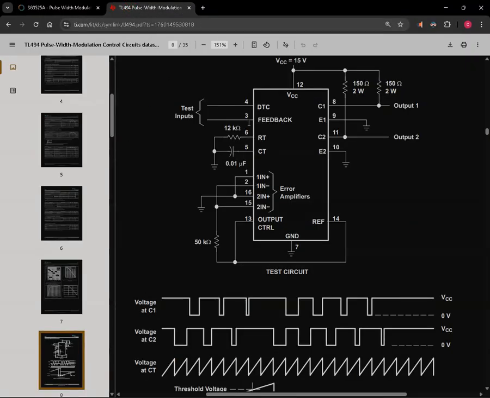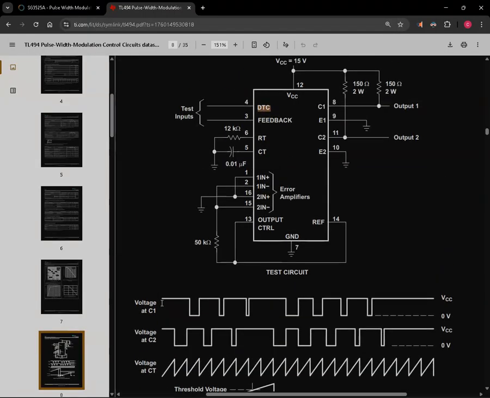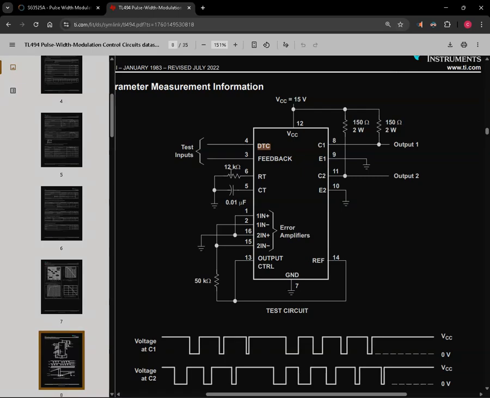You look at the TL here, that was the SG, right? They have the timing resistor and capacitor here, dead time control. So look, we have a dead time control at the TL, right? So the dead time control here, where we had the dead time control, like the DT, right? DTC, dead time control. So they're showing you here, they're doing a ramp, and that's basically like a soft start,